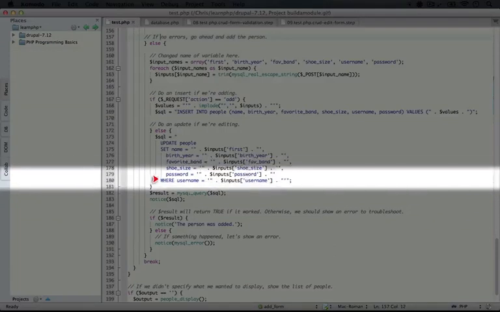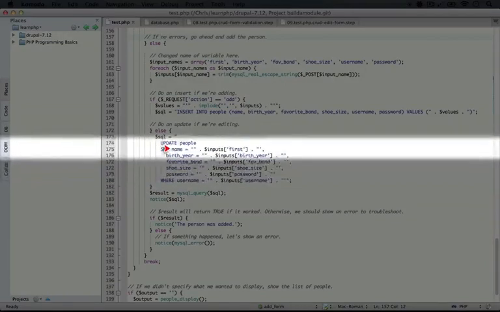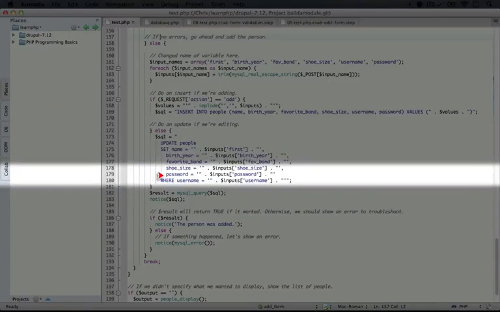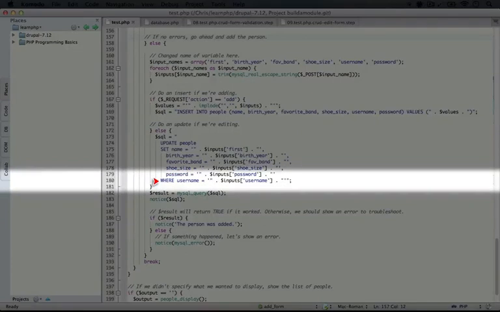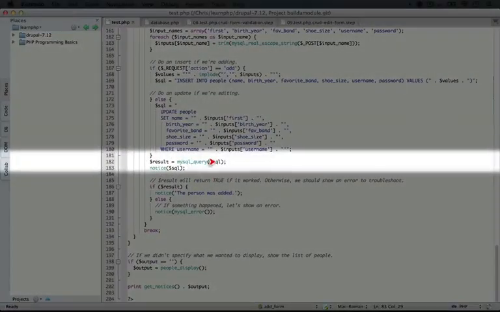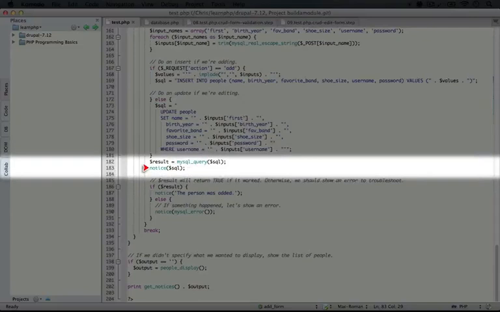So the final part of our update is where we tell MySQL which records to update. Now, if we didn't have this where query, it would update all of the records to reflect this. So we'd have multiple duplicate entries in our database with this information. But we just want to update the record where the username is identical to the username that we're working with now. So we'll add a where aspect to our query where the username equals the name of the username that got submitted with the form. And we're going to run the query through MySQL query, and then we're going to add the query to our notices at the top of the page so we can take a look at how it's structured.